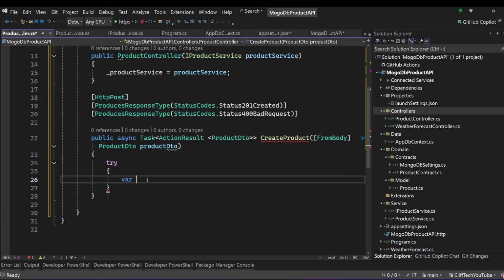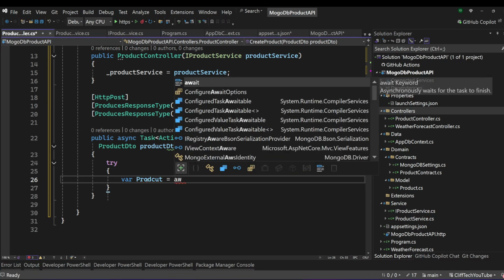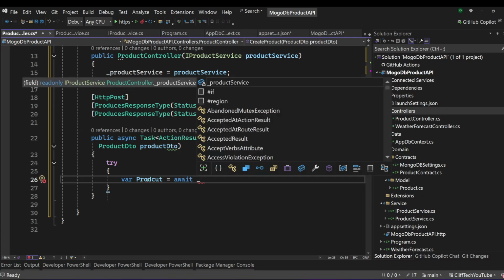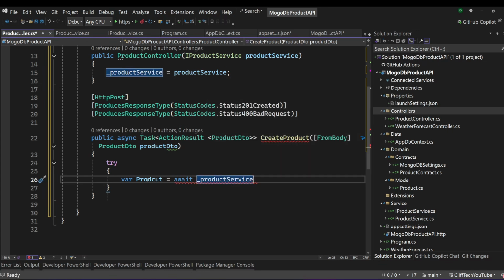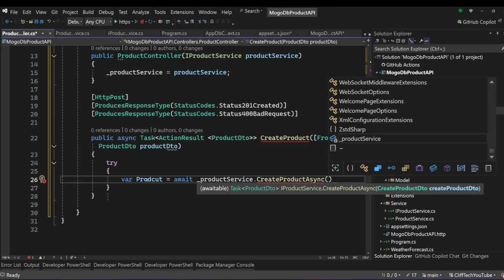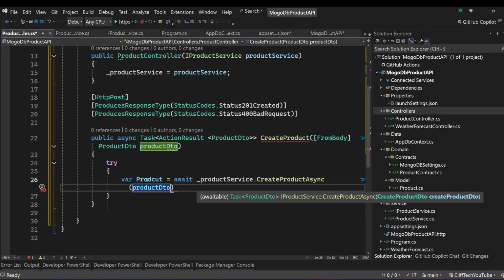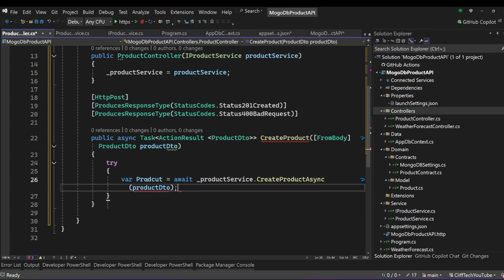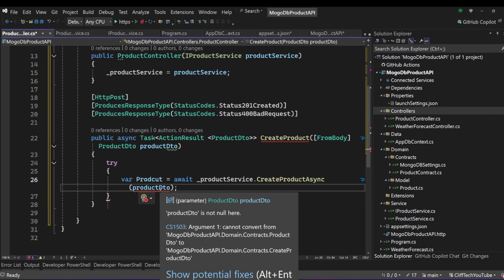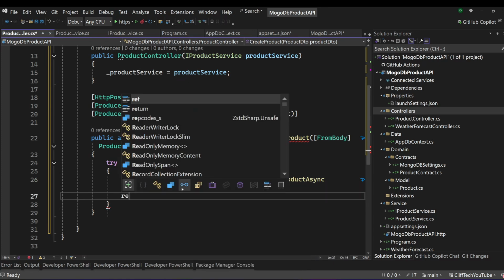We say var product. So var product right here is called to await. So this is going to await, and then we go into the product service. What's happening is that we bring in CreateProductAsync, right? And then we have to make sure that we have ProductDTO in there. We put in ProductDTO right here for that, and the point is that it's not null, right? So we need to make sure, and then we see that return